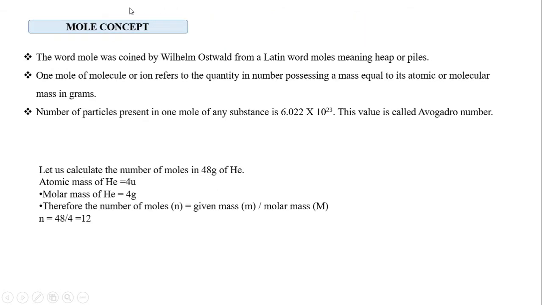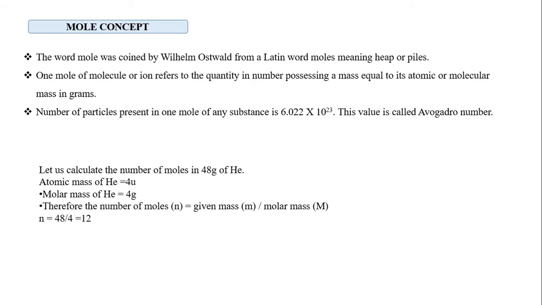So this is how you will find out the molecular mass and formula unit mass. Then we are moving on to the mole concept. The word mole was coined by the scientist Wilhelm Ostwald. In Latin, mole means heap or pile of atoms. If you want to represent a heap of atoms, like a stack of atoms, we represent it with the term mole. Instead of 12 eggs, we say a dozen eggs, or 12 pens, a dozen pens. Or for quantity of milk, instead we say 1 liter.